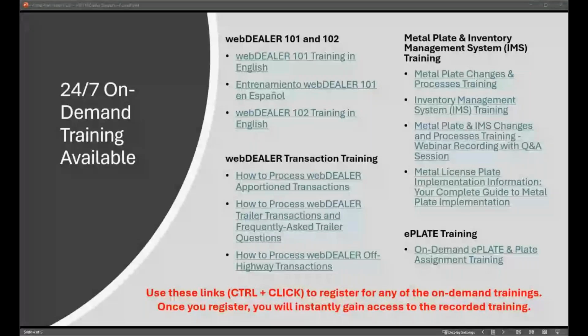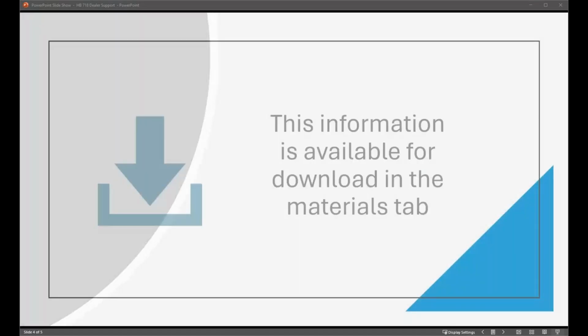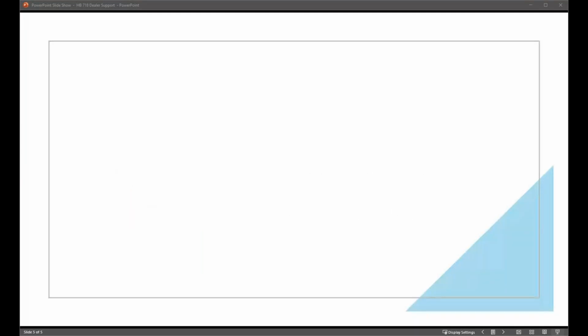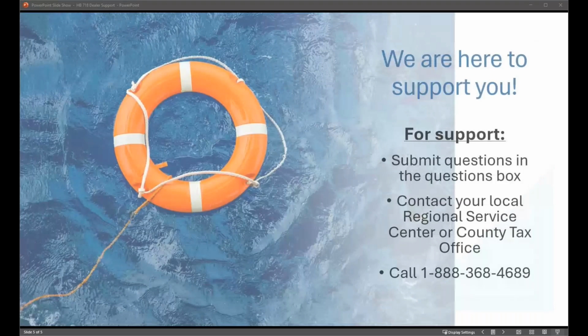Now, if a customer is traveling to Mexico but not registering it, can they still go with the black and white plates? Or I'm guessing they will have to wait until it's completely registered with sticker. So if they are just traveling to Mexico, if they're titling or registering it here in Texas, and they're just traveling to Mexico for fun or for business, more than likely they will need to have that permanent registration, but that's definitely going to be up to border security, border control, of what's required for that plate to cross the border. So if they are titling and registering in Texas, they will still need to do that.